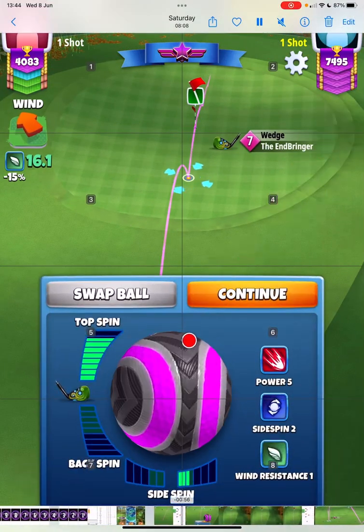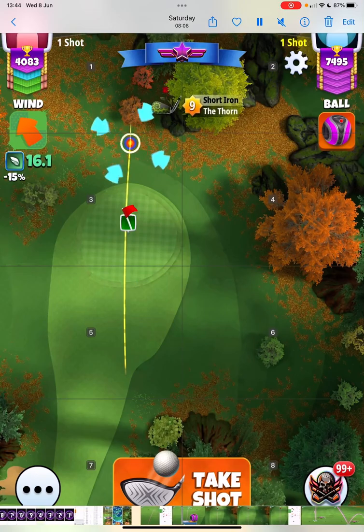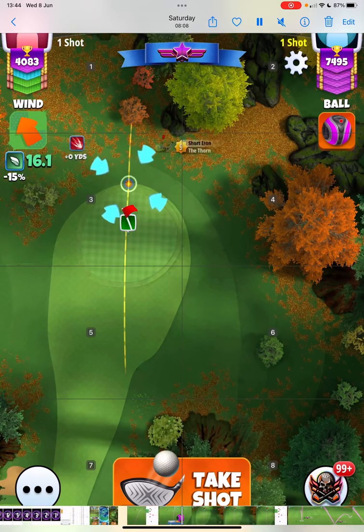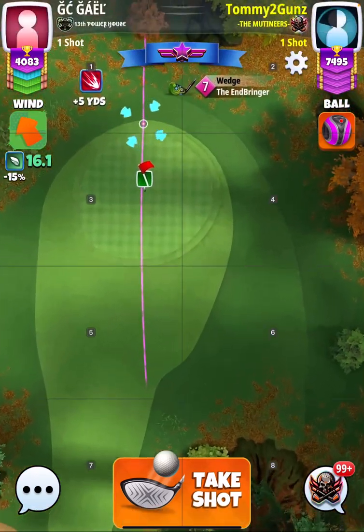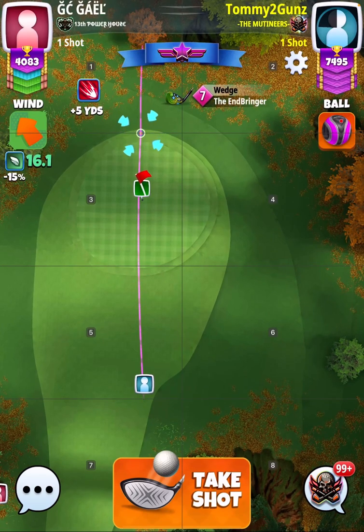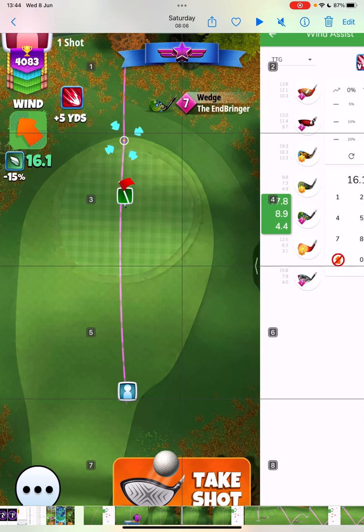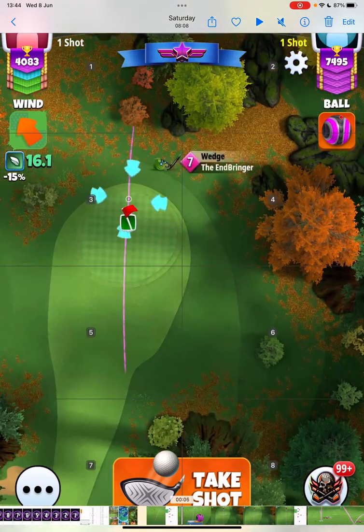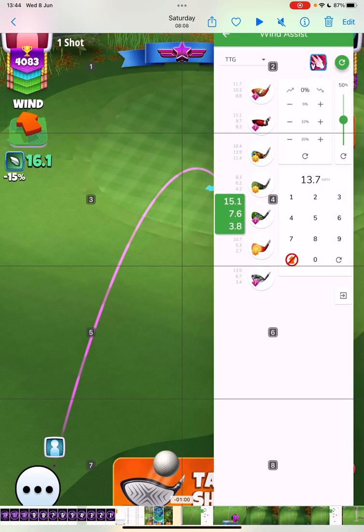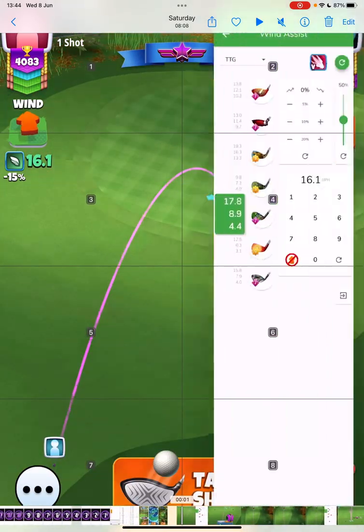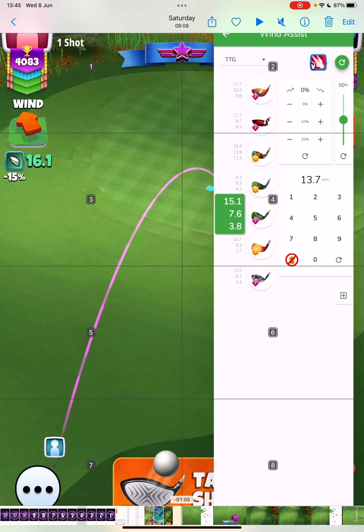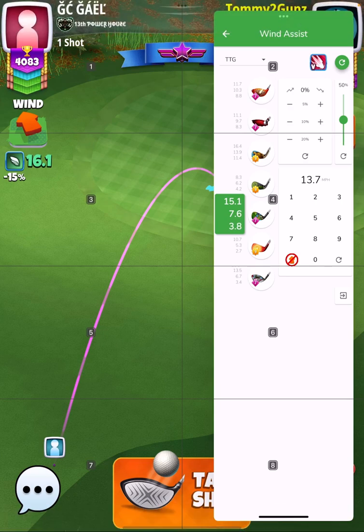Right, okay. Here is a video to show you how to play the topspin endbringer rule. This is a shot that's saved on my iPad. I'm just going to fast forward and rewind and slow down and zoom in at the parts that are important. So the first thing to note is the ball power